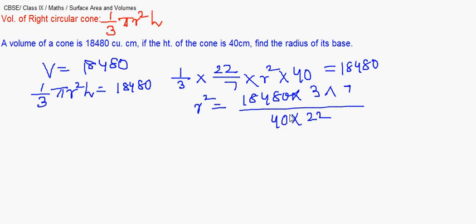Let me just calculate this. This is getting cancelled now. 1848, if it is divisible by 11, then 11 2, and this is coming to be 168, and then 168 is divided by 2, giving 84, and 4 is cancelling it as 41. So 41 into 3 into 7 will give us